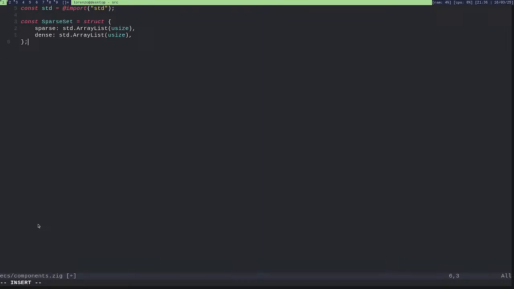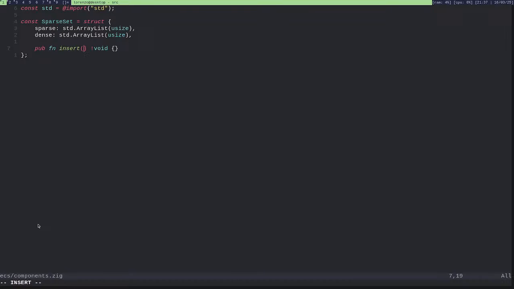And I will have to implement some methods for this. And one is when I want to insert a new element. So it's a public function insert, which will be a void.